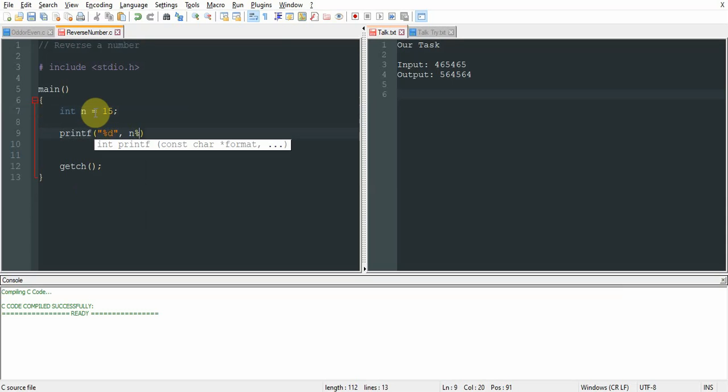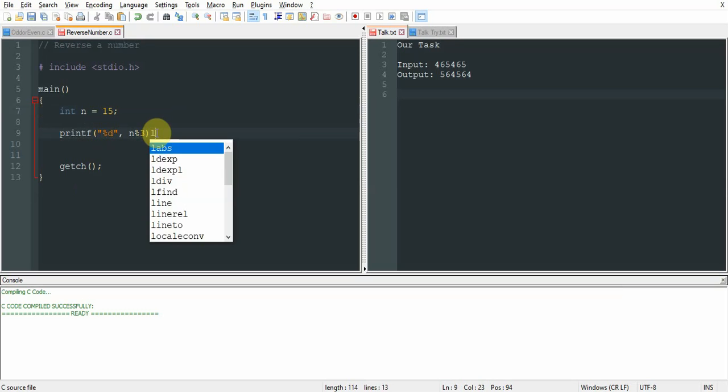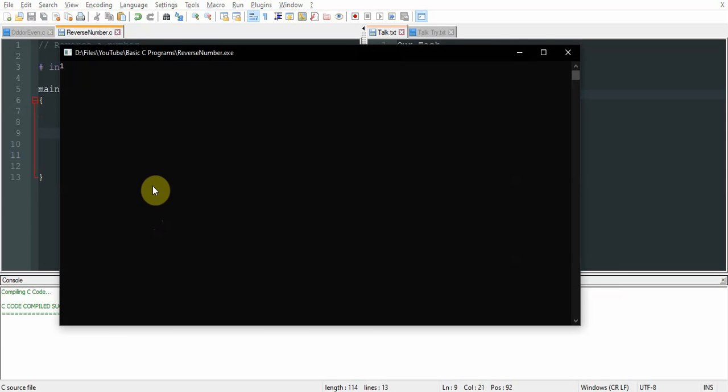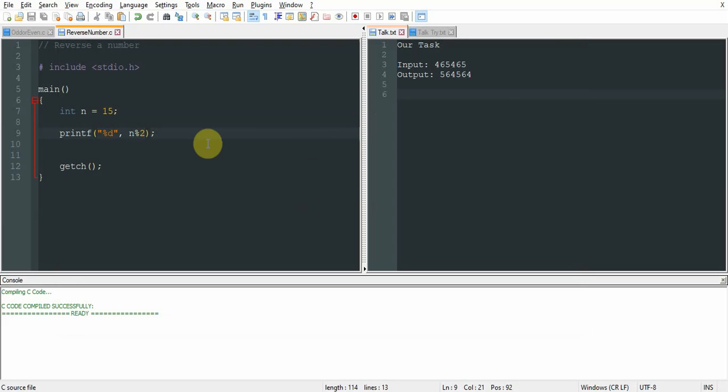Modulus: 3 mod 2 gives 1. That is how it gives the remainder. The modulus operator is used to get the remainder when a number is divided by another number.